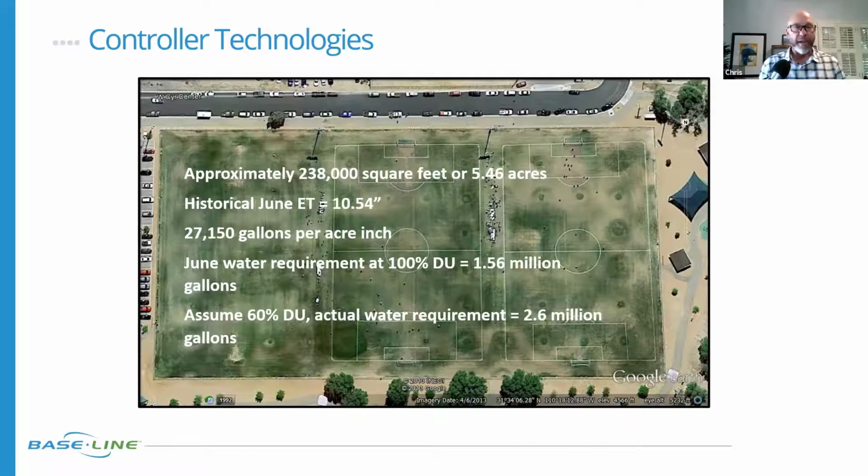So there was a lot of usage in that penalty category or that highest tier. So you can imagine what that would be like for a site of similar size in San Diego County. Ouch. Right. Yeah. And we're 5 times or more that cost for the water to keep that plant water